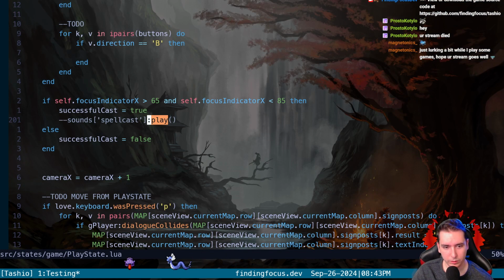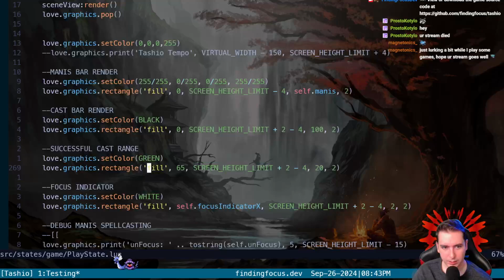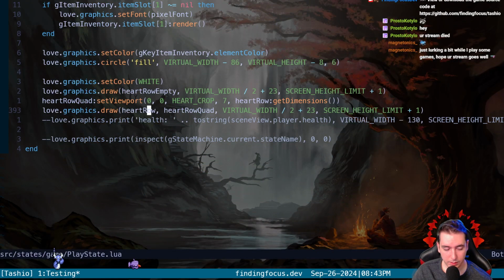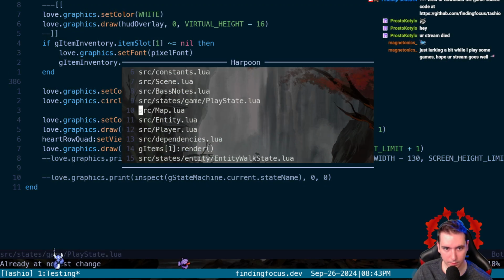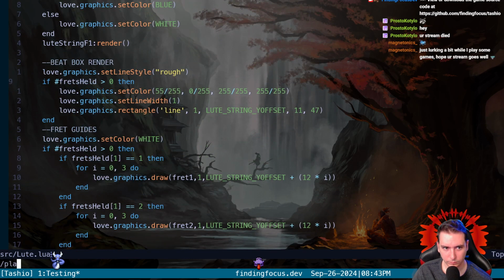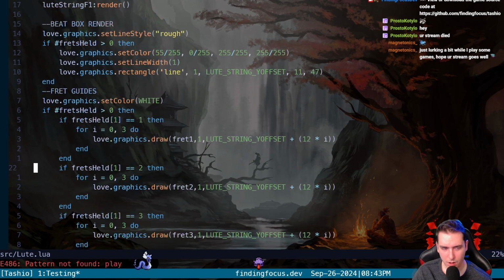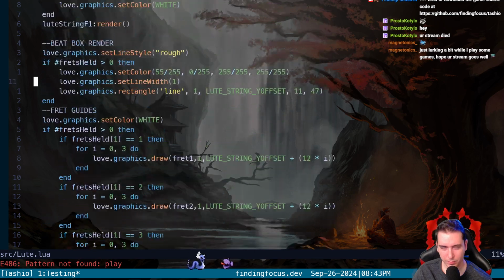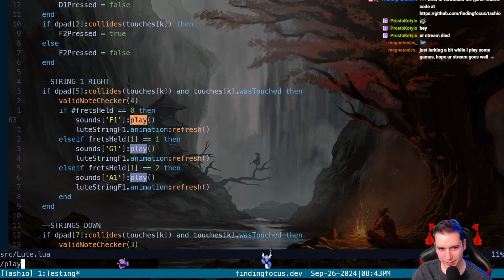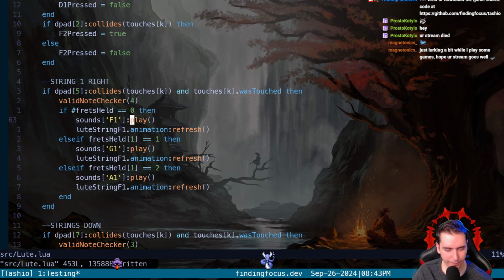I don't see our Lute playing sounds anywhere, but we're also not seeing any strings rendering. What just happened? I just accidentally deleted that whole body of code. How did that happen?